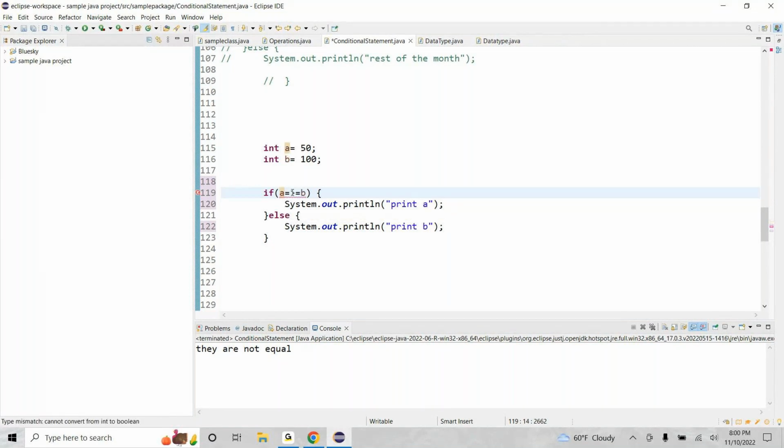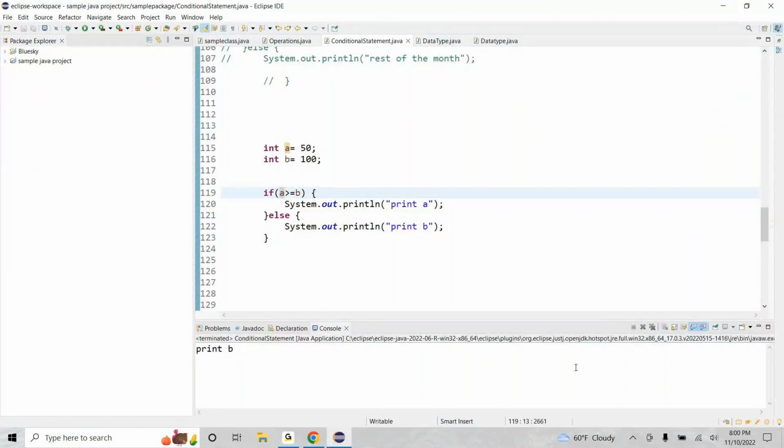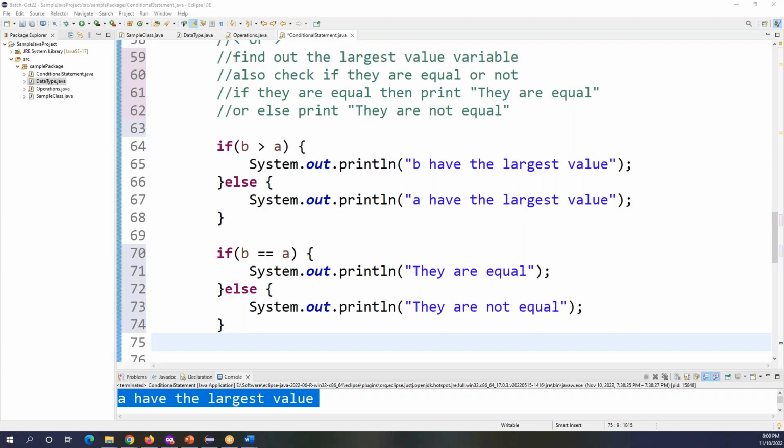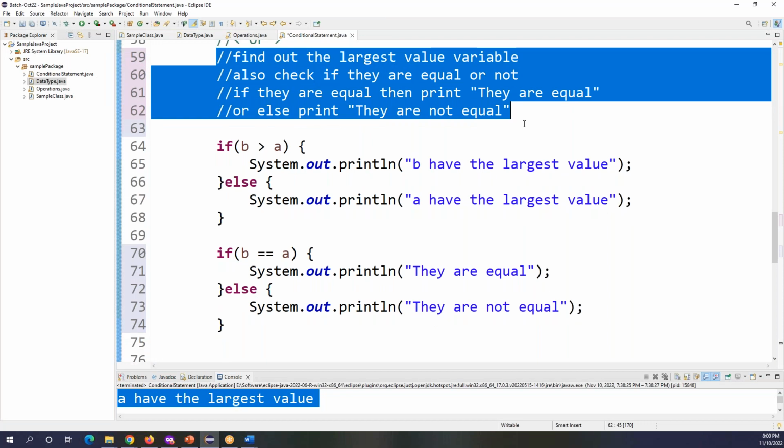But that is not the answer for my question. Do you want to ask anything more? So this is the question. So you have to find out which one is bigger, and also you have to check if the two variables have the same value or not,